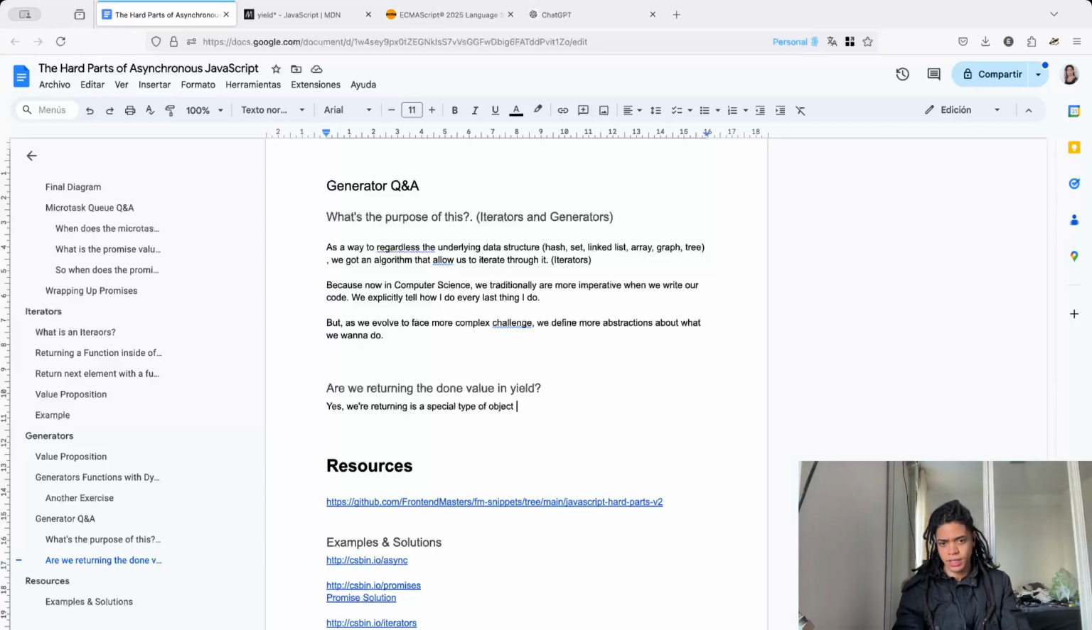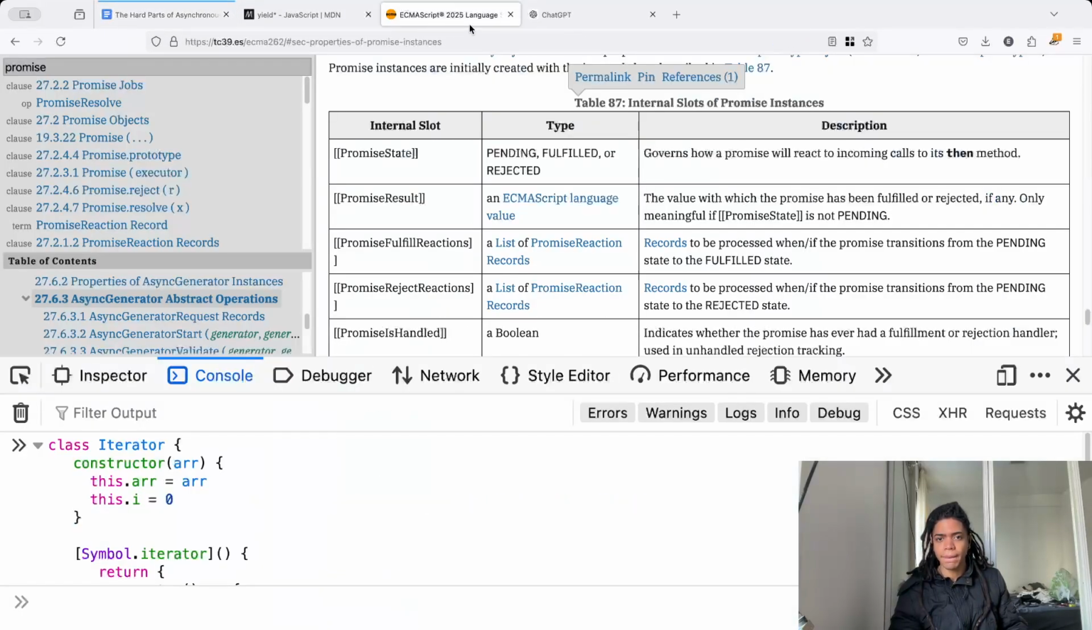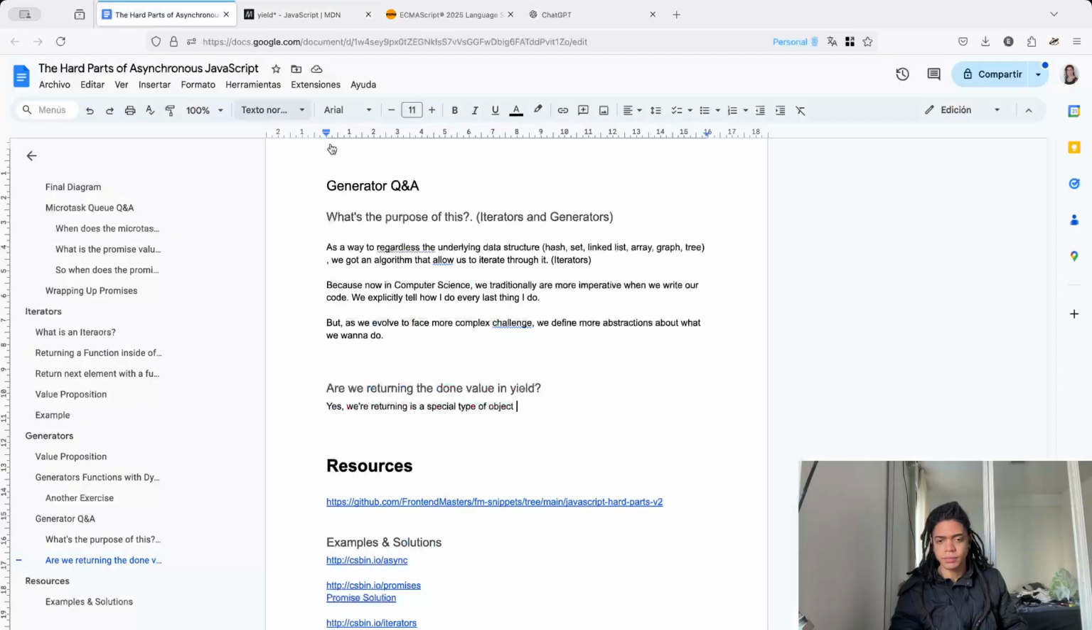What we're returning is a special type of object. It's a special type of iterator object, which contains